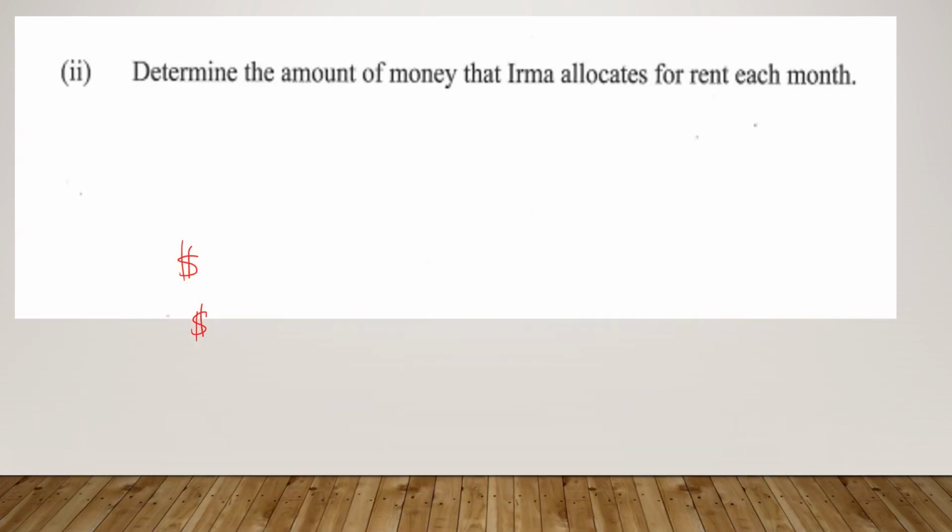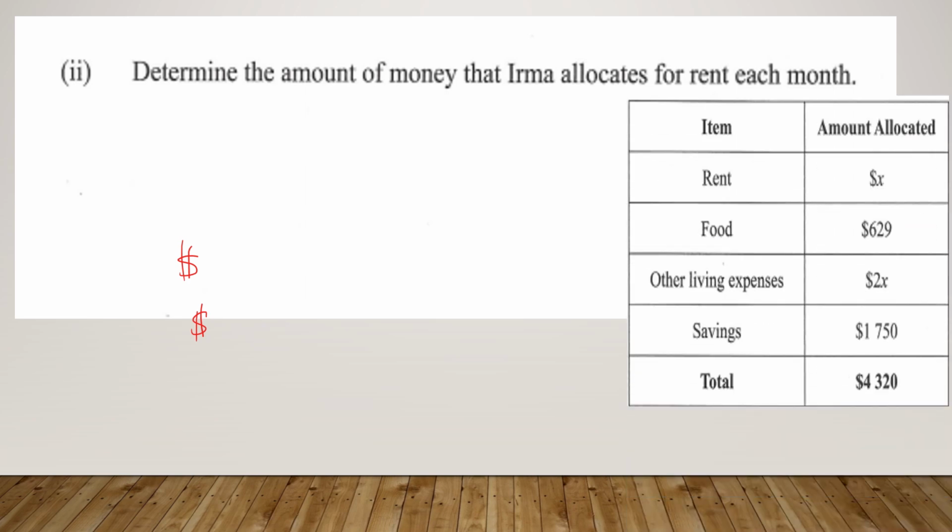Here is part 2 of the question. Determine the amount of money that Irma allocates for rent each month. So we're going to need the information from part 1 of the question. So how much money she allocates for rent? So we notice that rent here is X dollars. So we need to find X. So let's add up everything and keep in mind that the total is 4,320. So X dollars plus 629 plus 2X